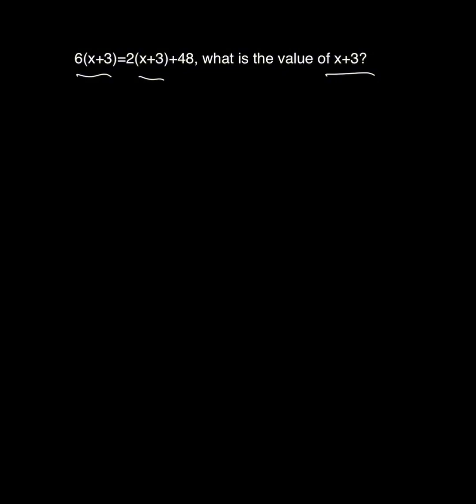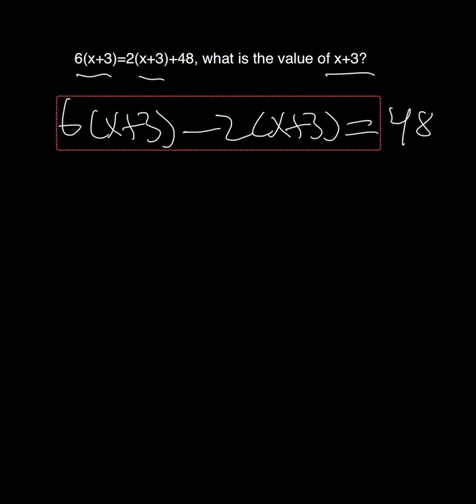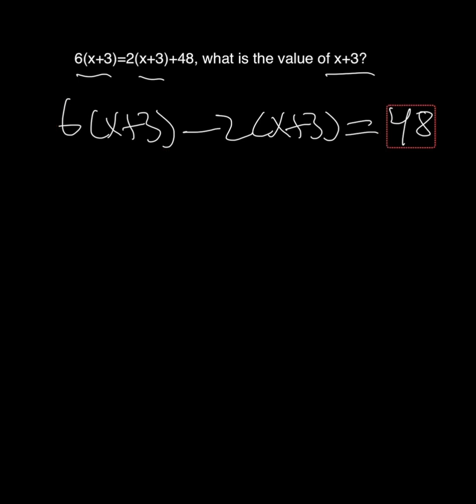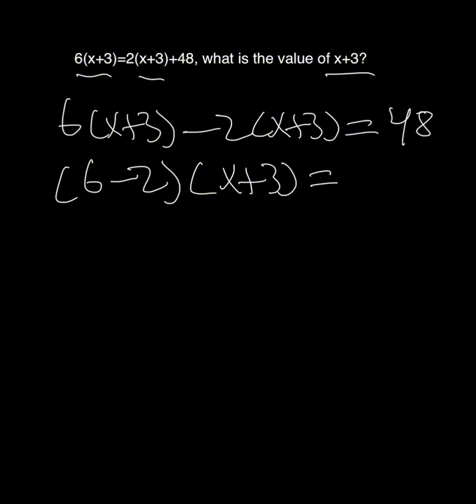Therefore, instead of distributing or any other technique, we can subtract 2 times x plus 3 from both sides of the equation, and it will look something like this. We'll have 6 times x plus 3 minus 2 times x plus 3 is equal to 48. From here, we can combine like terms, so we're left with 6 minus 2 times x plus 3 is equal to 48. From here, we are left with 4 times x plus 3